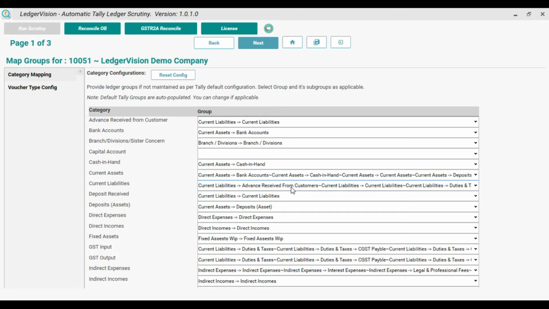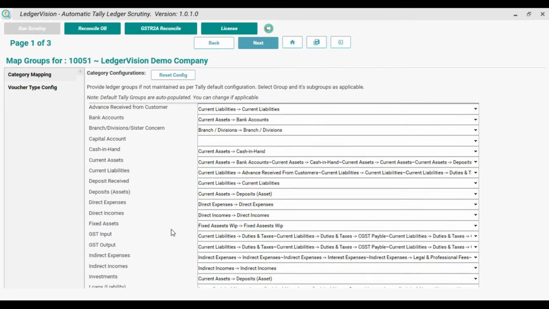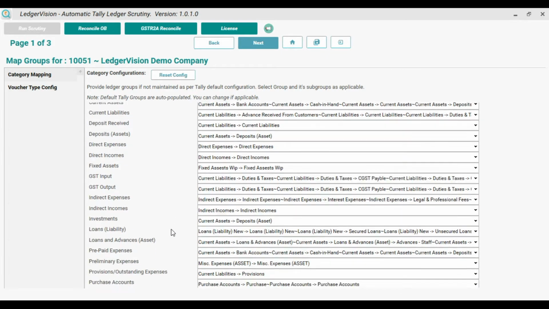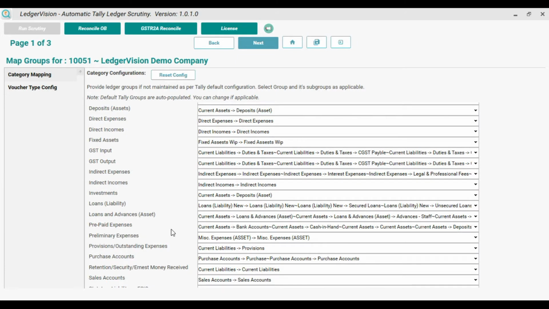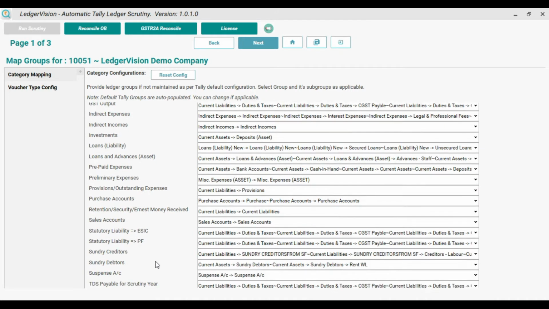First, the basic requirement of configurations: GST entries are captured from cash entries, bank entries, debtors, creditors, and from GST ledgers. So you have to configure bank accounts, cash accounts, then fixed assets are also required for GST entries, then provision, prepaid etc. is also required because there are provision and prepaid entries with GST entries. Then direct and indirect expenditures, purchase and sales accounts are also required to be configured. You can see purchase and sales accounts are here.